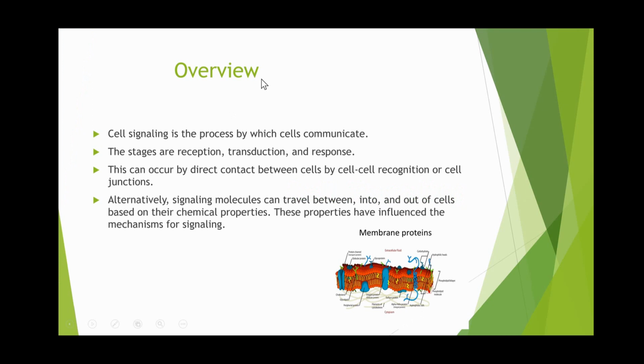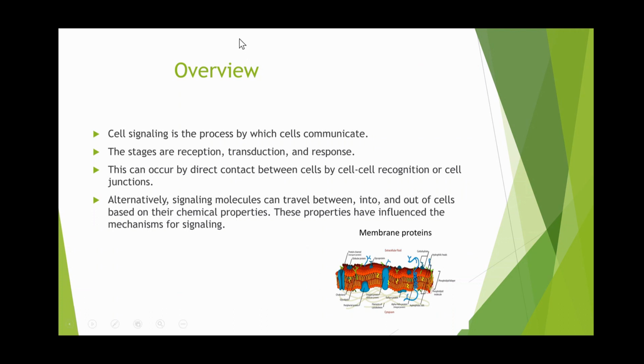What is cell signaling? Well, cell signaling is the main process by which cells communicate. There are three major stages of cell signaling: reception, transduction, and response. In this video we're going to go through these stages as well as attributes of these stages and explain the